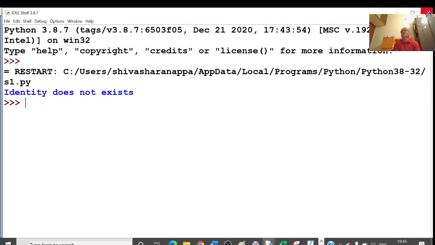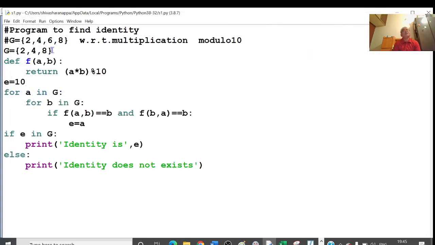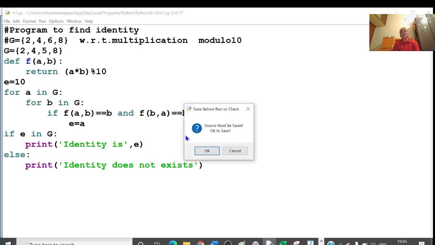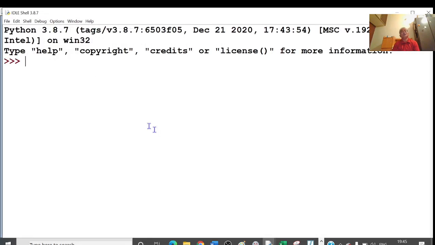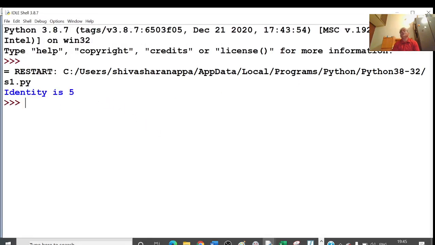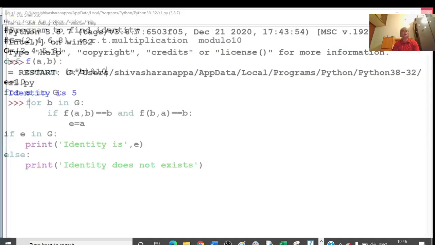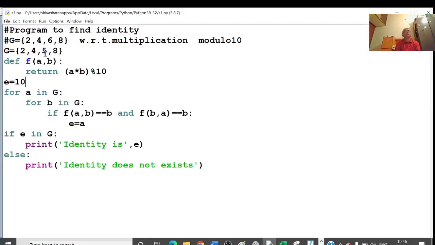Instead of this 6, if we write any element, say 5, again identity does not exist. But I am getting identity is 5 here. Is that 5? What happens here?